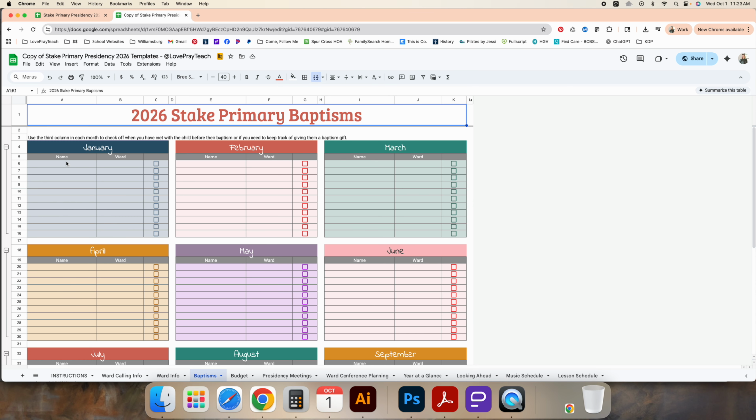Baptisms, there's a spot. So they're divided by months. There's a spot for each child's name, the ward, and then a check mark if you, for any reason, maybe you give a gift and you want to make sure that you check it off when you give that child the gift, or if you want to delete the check marks, you can